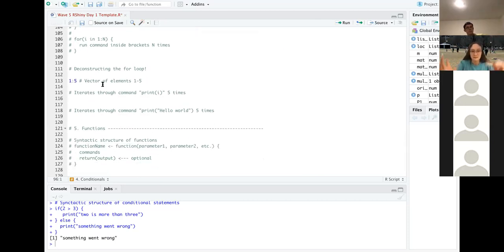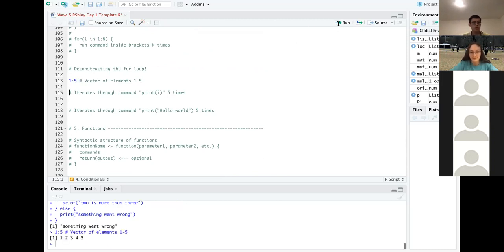Unpacking that, something we can do in R is create a vector that's a sequence of numbers. If we say 1 to 5, that gives us a vector of elements from 1 to 5. And if we say 1:6, that gives us a vector of elements from 1 to 6. That's just a neat thing we can do.